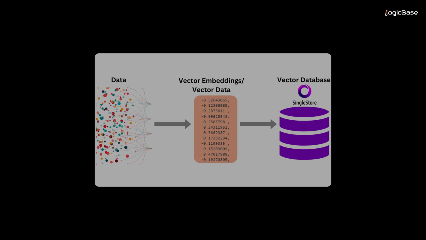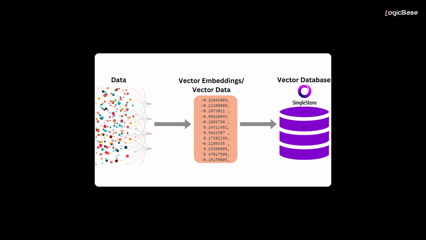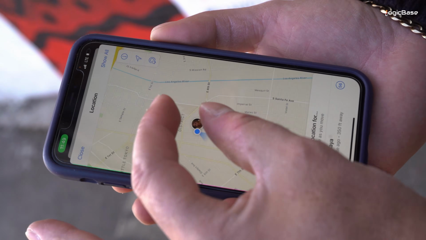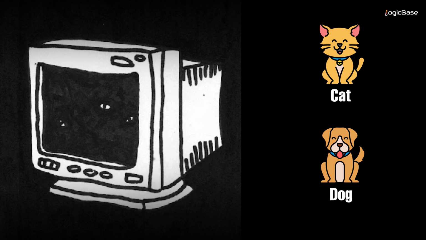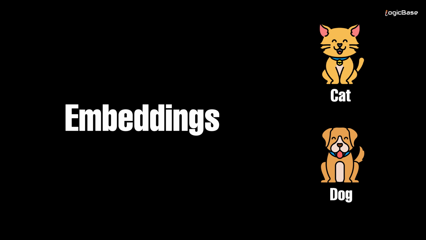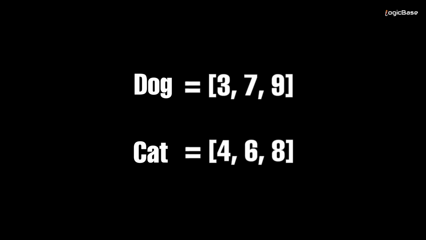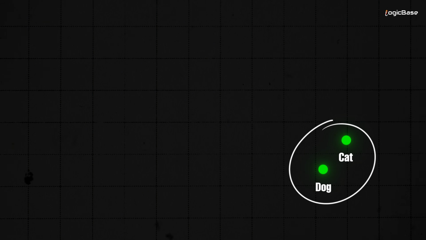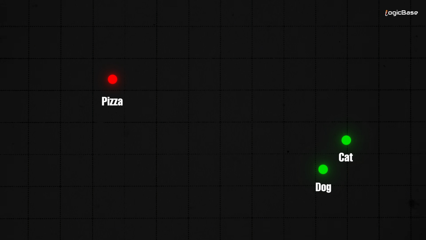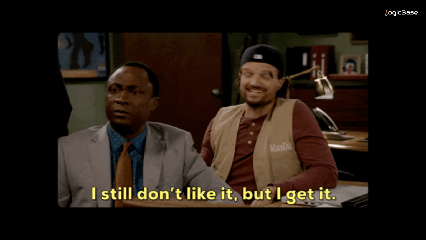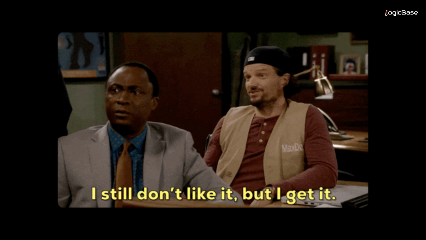Then comes embeddings. What are they? This one is super important. Think of embeddings as GPS coordinates for your text. A computer doesn't understand words like cat or dog. But with embeddings, it can turn those words into a series of numbers, a location on a map. And on this map, words with similar meanings are located close together. Cat and dog would be neighbors, while cat and pizza would be miles apart. This is how AI understands meaning and context.